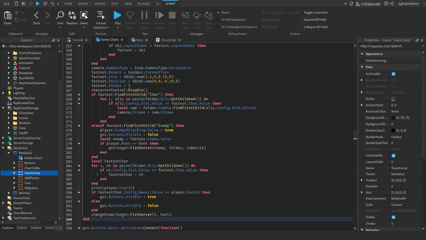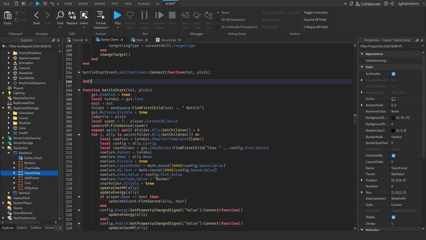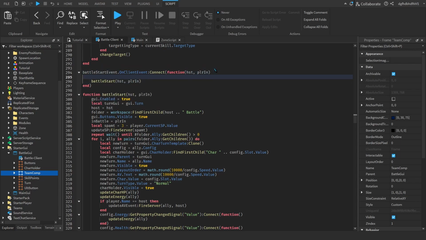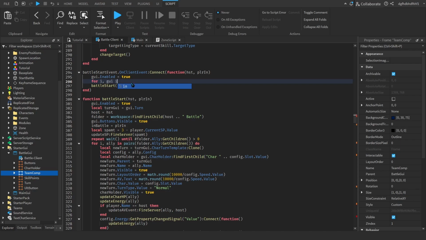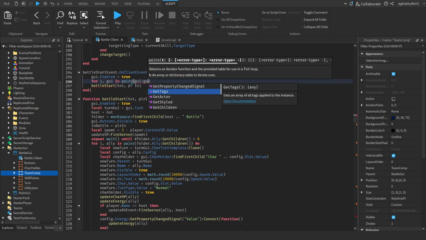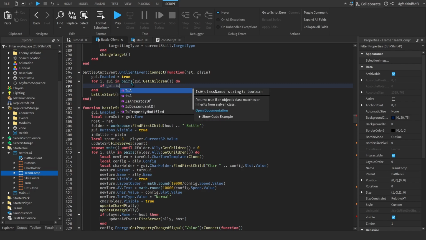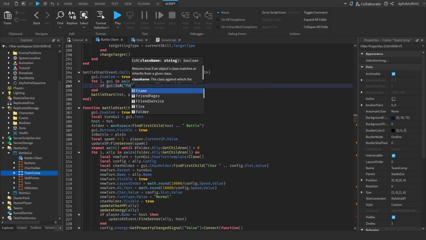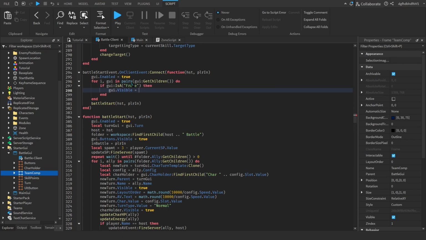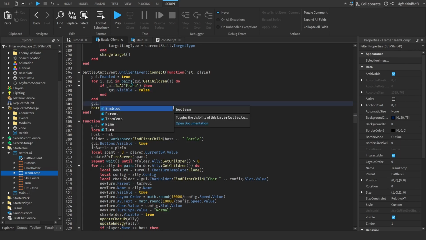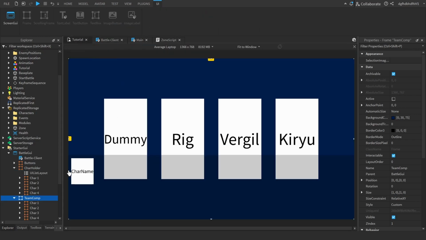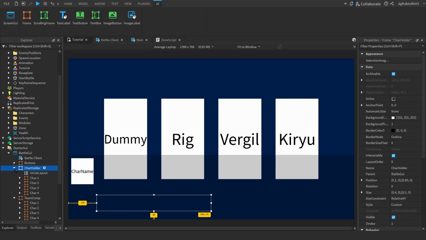Okay, I'm gonna move the battle start event up before the battle start right here, and let's call battle starts host and player in. But before that, we'll have to enable the UI, and then for UI in pairs UI get children do, if UI is a frame, then UI dot visible equals false, and then UI dot character holder visible equals true. Oh no, I don't think it's character holder. It's